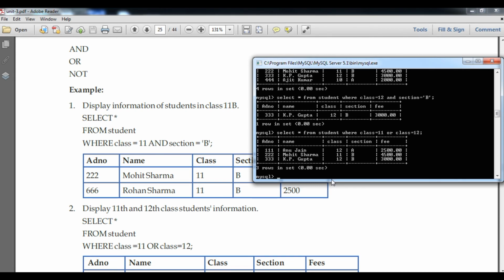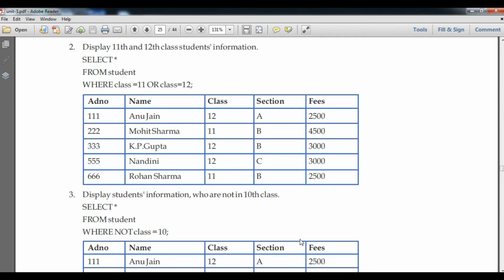Now you can see that 3 students have come, which are from class 12th and 11th.